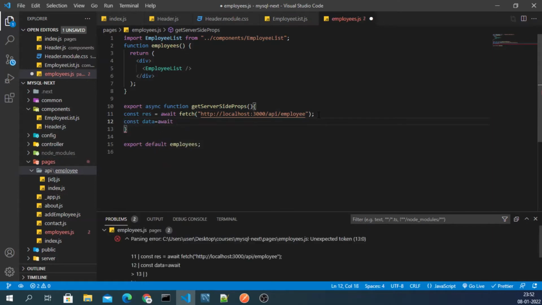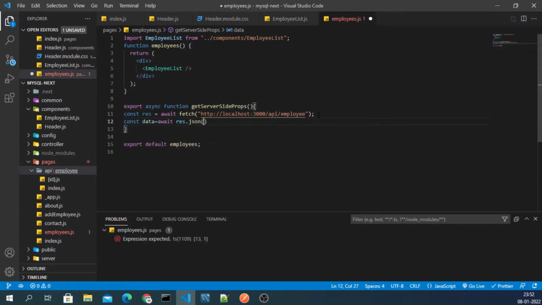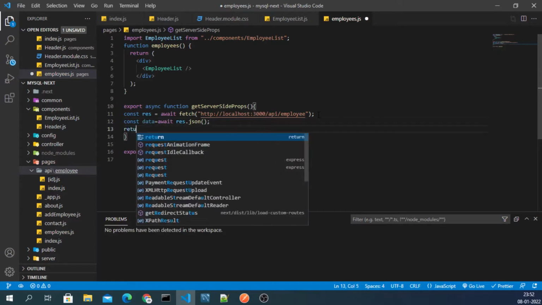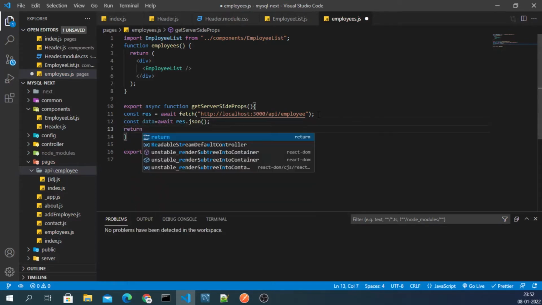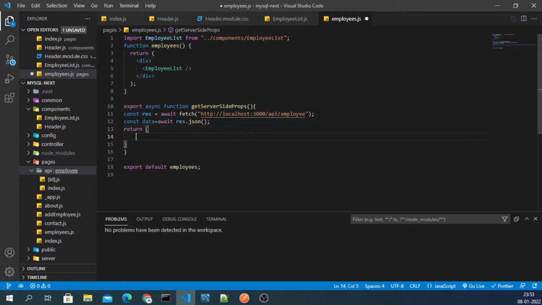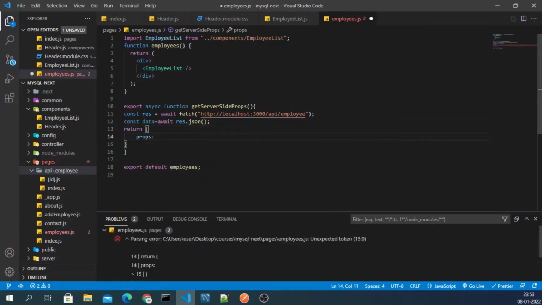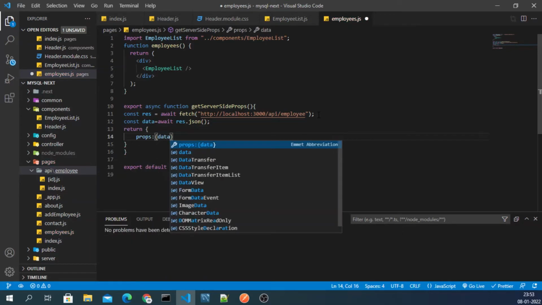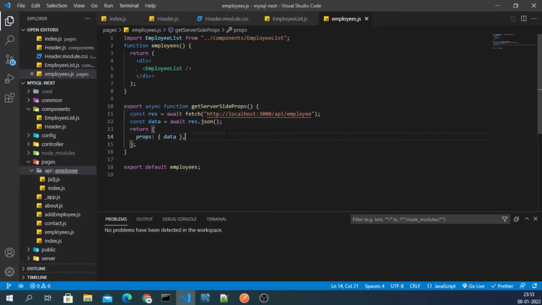Then await response.json, like this. Simply here return props, data, like this. And why I'm putting this here: if you see our backend, so this is the backend, we have to go first to API, and then we have employee, right?